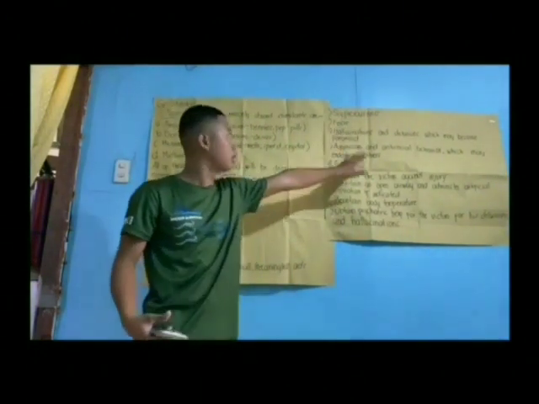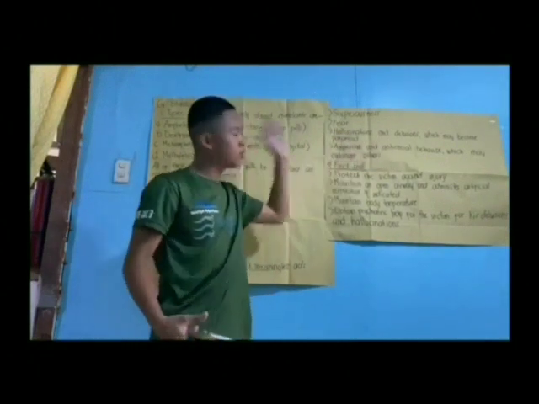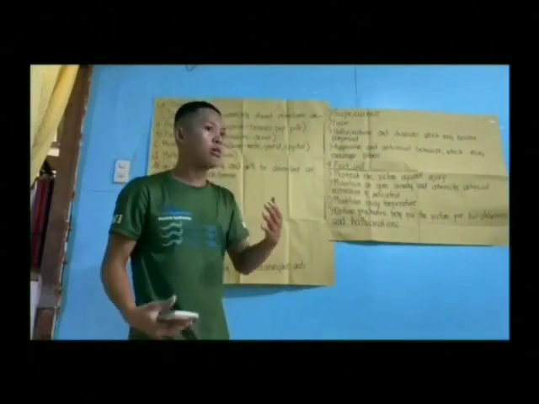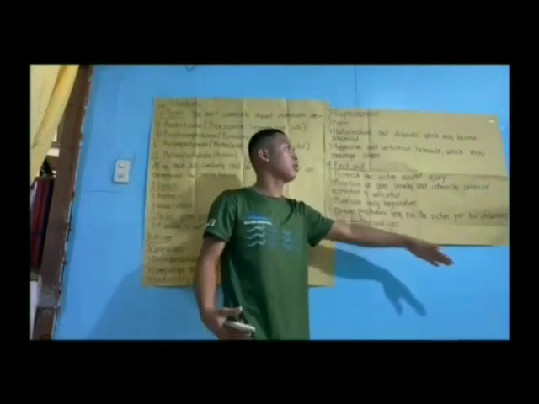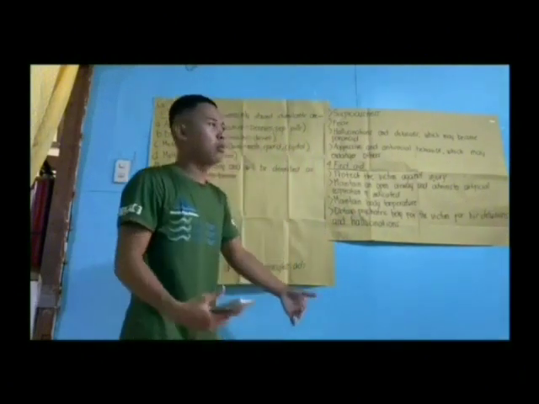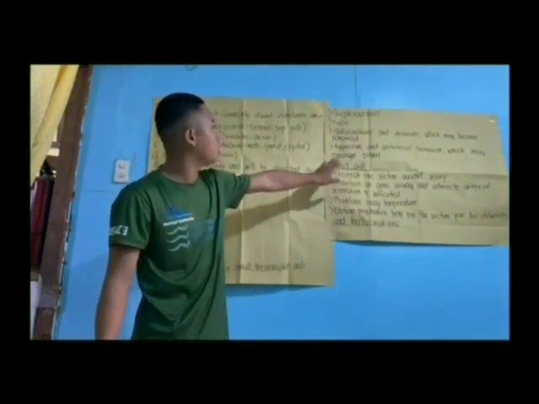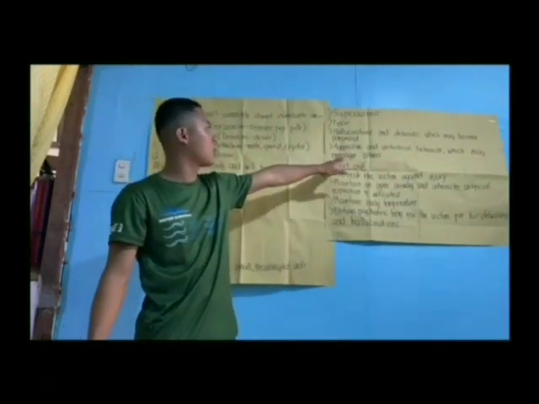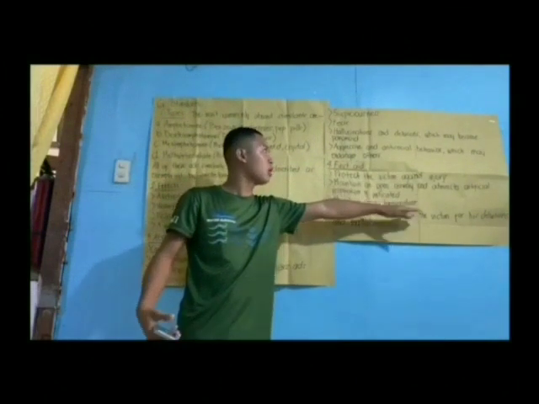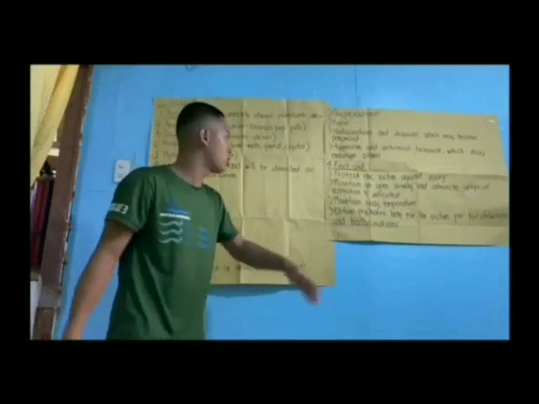Fear, kanang nahadlok. Hallucination and delusion, which may become paranoid. So mag-hallucinate ka, mabuang ka ba or ma-delusion na kay mga makita nga bisag wala gyud, or mahimo kang paranoid. Then aggressive and antisocial behavior which may endanger others, kanang agresibo ka ba, imong behavior dili nimo kontrolado nga maka-apekto ka sa uban.